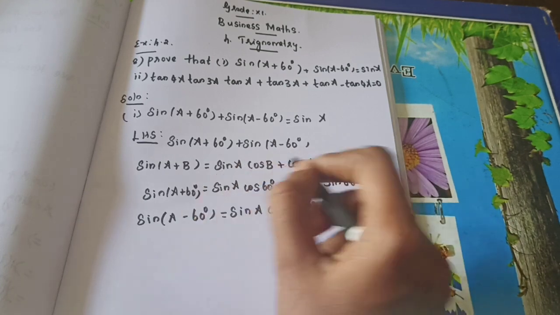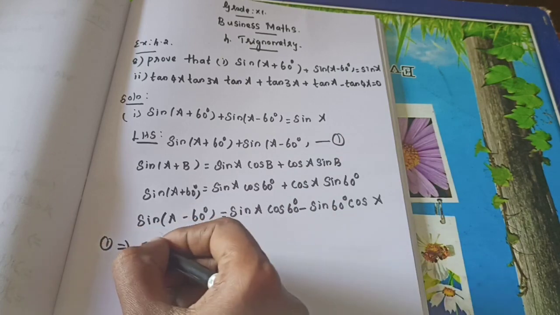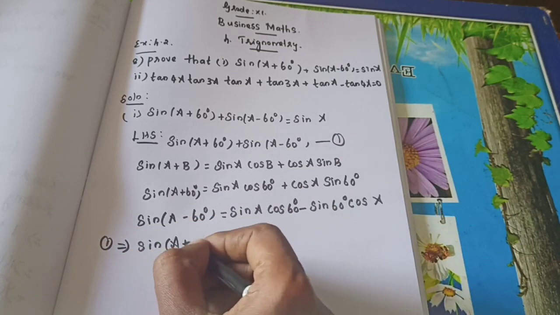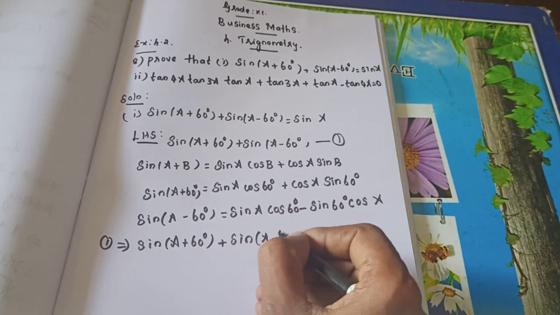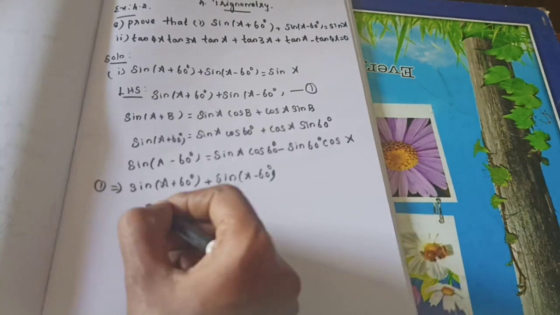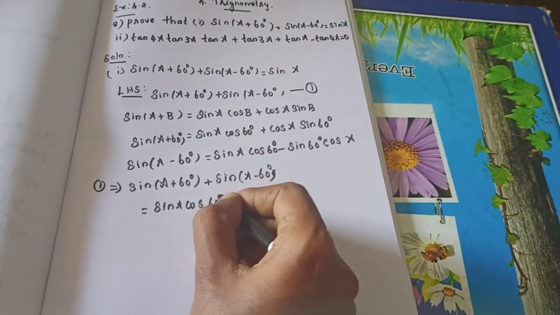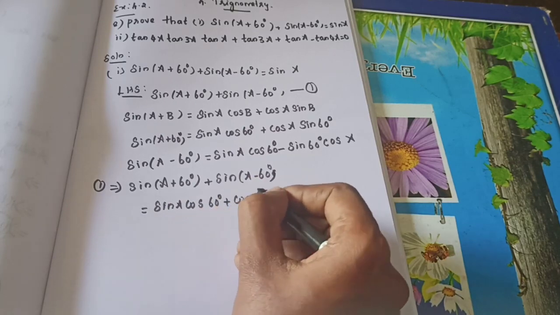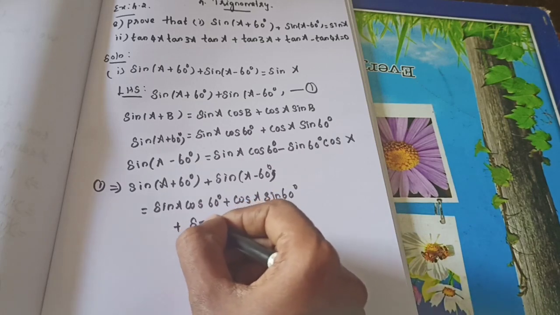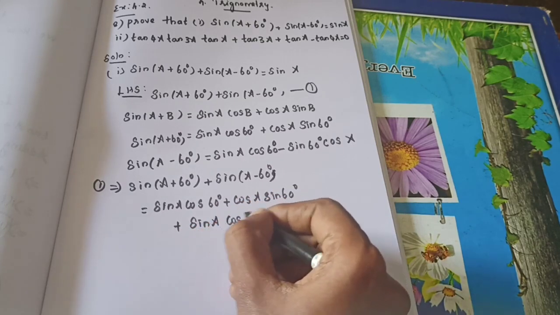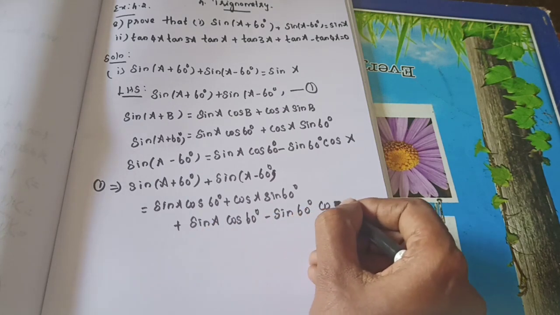Correct? So now apply this in equation number 1: sin a cos 60 degrees plus cos a sin 60 degrees plus sin a cos 60 degrees minus sin 60 degrees